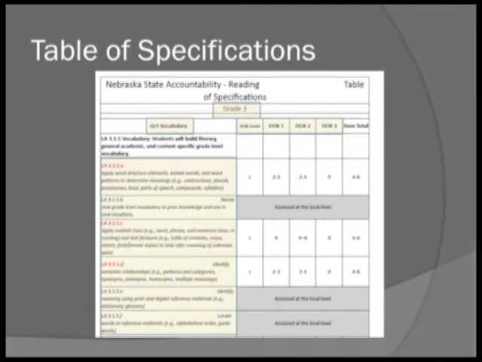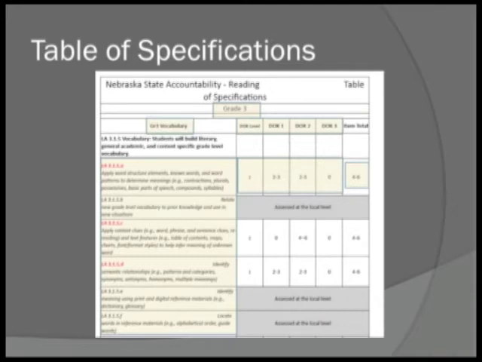Webb's depth of knowledge was used as a means of measuring the rigor of each of the test items. You will notice the heading going across the top, as well as identification of what level and how many test items will be at each of those levels. Notice that in Language Arts 3.1.5a, there will be a possibility of 2 to 3 questions at level 1 and 2 to 3 questions at level 2, giving the item total of 4 to 6 questions that will be assessed on this particular standard on